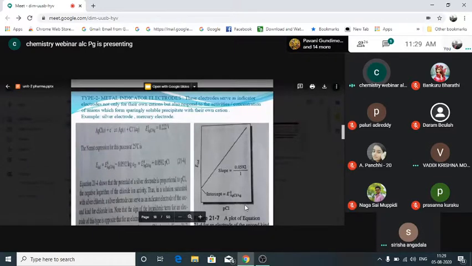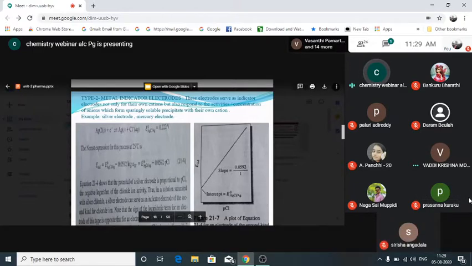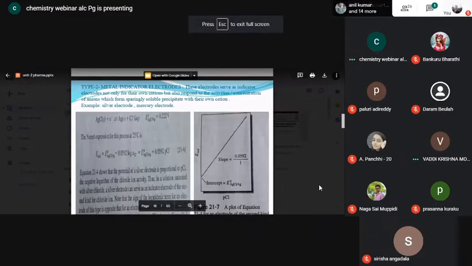So let us suppose our beaker is containing 100 silver ions. Okay, 100 silver ions are there. Now what I am going to do is I have taken one burette. I have filled that burette with KCl solution, and now I am going to add 1 ml of KCl into my AgNO3 solution present in the beaker.